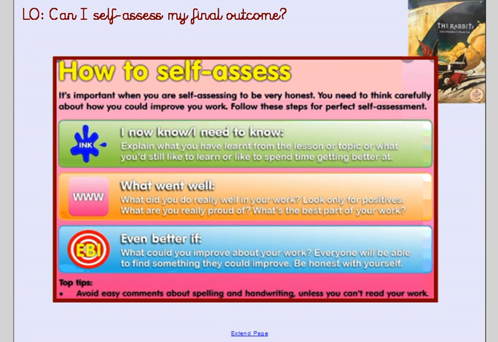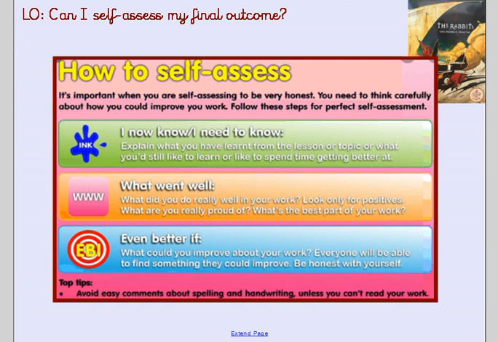Now it's important for you to then look back at what you have been doing and to pick out the strengths and weaknesses yourself. Okay, so we're going to look at that in 3 areas. What you have learned from this sequence and what you would still like to know. I'd then also think specifically about the final piece of writing, what went well, and then even better if. And remember, comments about handwriting, comments about your spellings are great, but you need to give clear examples, you need to give really specific details. So if you use spelling or handwriting, give me another example of something that you think either went well or didn't go well.